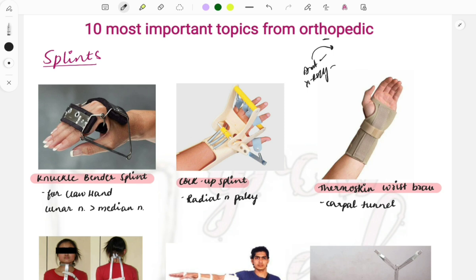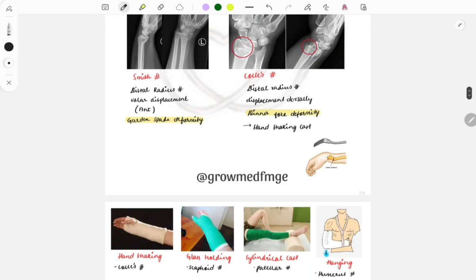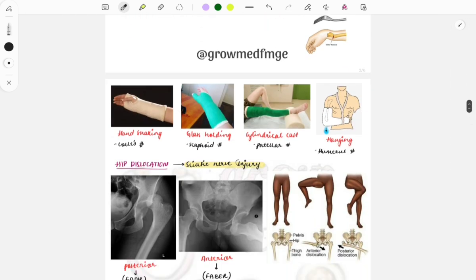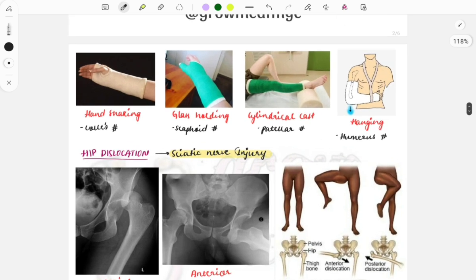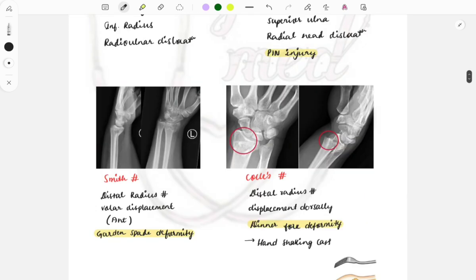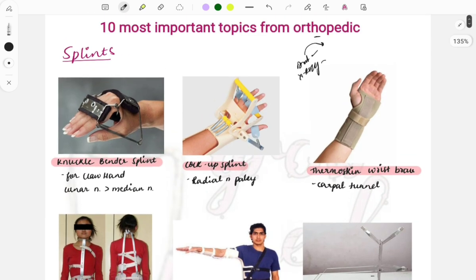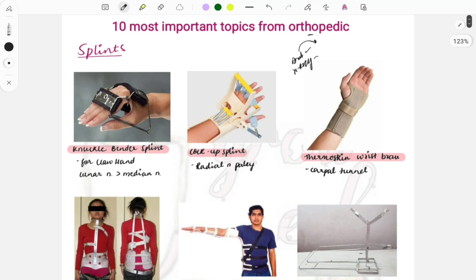So do watch that video as well, and some various other diseases, like rheumatoid arthritis and the various bone tumors, are also discussed in radiology as well as in medicine and surgery. So do watch those videos, and orthopedics is something that if you integrate it with all the subjects, then you can easily complete it. In this video we will be discussing the questions particularly which you must cover from orthopedics,